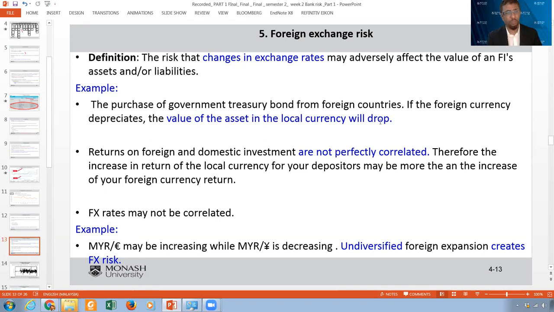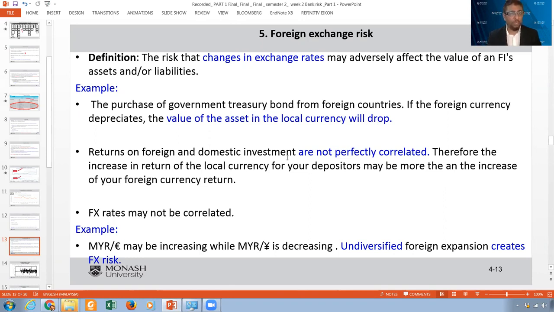Now, when you buy it, that is actually your investment. But if the dollar depreciates against your currency, and for example the ringgit becomes 3 or 4 for $1 instead of 4.25 or 4.50, then the value of the dollars invested in those bonds in the US, when you convert them to ringgits, will drop. It will be fewer ringgits, in other words.